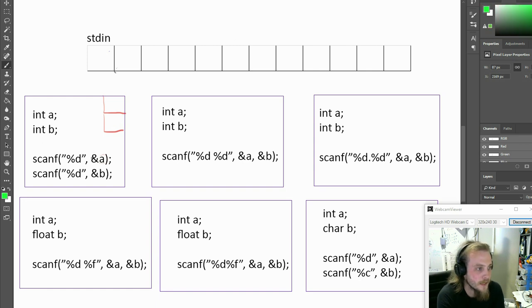We've got this ampersand symbol, and this is actually a little advanced, and we'll learn what this means in a couple weeks' time. Okay, it's the address of operator. I might say it a couple of times, but you don't need to know what it means too much right now. But when using scanf, we have to use this operator. Okay, so if you want to store something in A, then you write ampersand A, or address of A. Okay, and it all makes sense in a couple of weeks' time. Alright, so